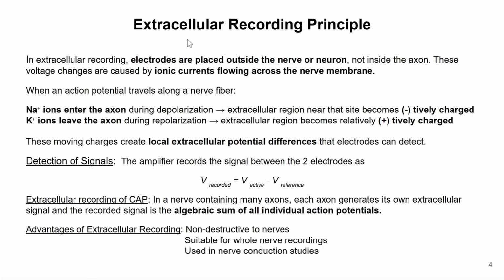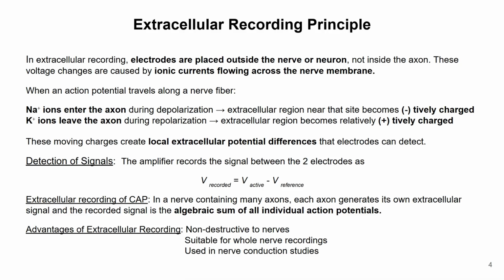Now, what is the extracellular recording principle that was mentioned in the previous slide? In extracellular recording, electrodes are placed outside the nerve or neuron, not inside the axon. These voltage changes are caused by ionic currents flowing across the nerve membrane. So basically, when an action potential travels along a nerve fiber, Na+ ions enter the axon during depolarization, where the extracellular region near that site becomes negatively charged, and the potassium ions leave the axon during repolarization. The extracellular region becomes relatively positively charged. These moving charges of sodium and potassium ions create local extracellular potential differences that the electrodes, which we are using here,